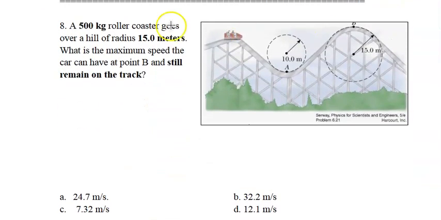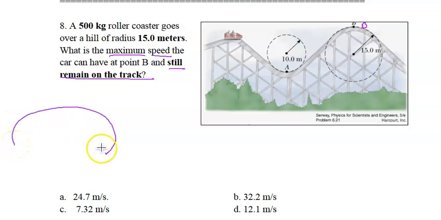Okay, moving on. We have a 500 kilogram roller coaster going over a hill of radius 15. The point B kind of got cut off. What is the maximum speed the car can have and still remain on the track? Up to now, max or min triggered static friction. It's still what's called a critical point in math or physics, but it's not about static friction. It's about not falling off. So let's look at that